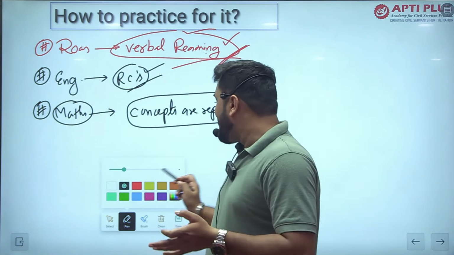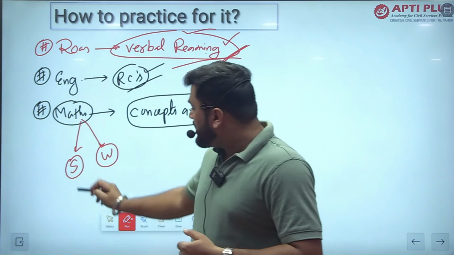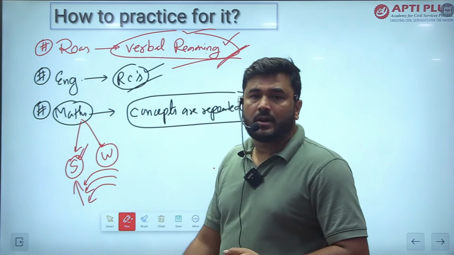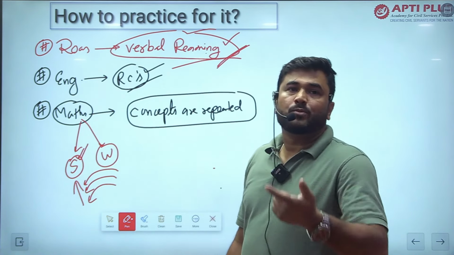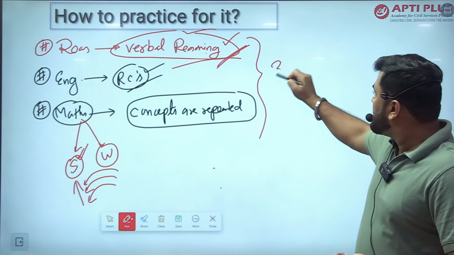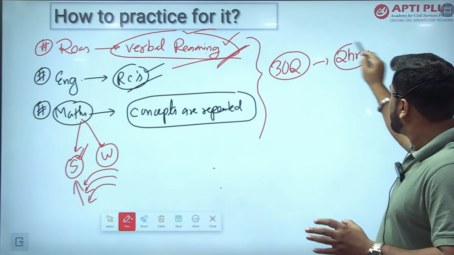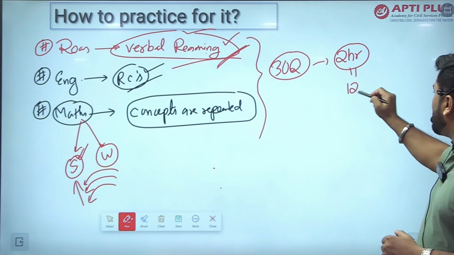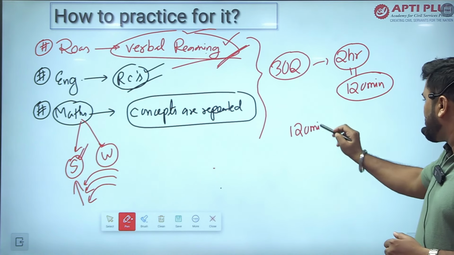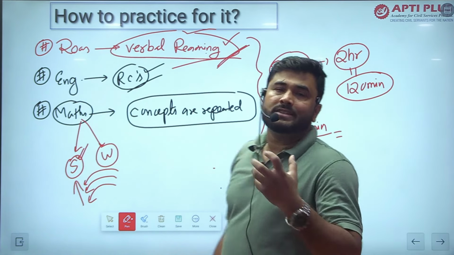And in the mathematics section you have to be selective about what your strengths and weaknesses are. You have to work properly on your strengths and always try to uplift your weaknesses into your strengths, whichever is possible. Across all three sections, you just need to solve 30 questions. You are getting 2 hours for the CSAT section, and 2 hours means 120 minutes. If someone has 120 minutes for solving just 30 questions correctly, you don't need to be a superhero in the CSAT paper.